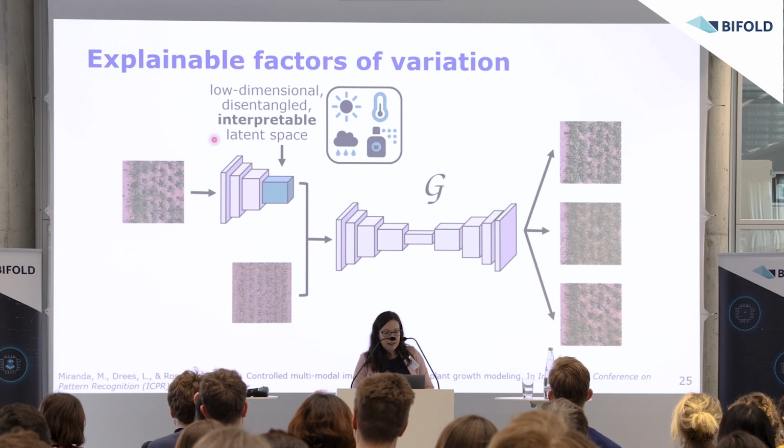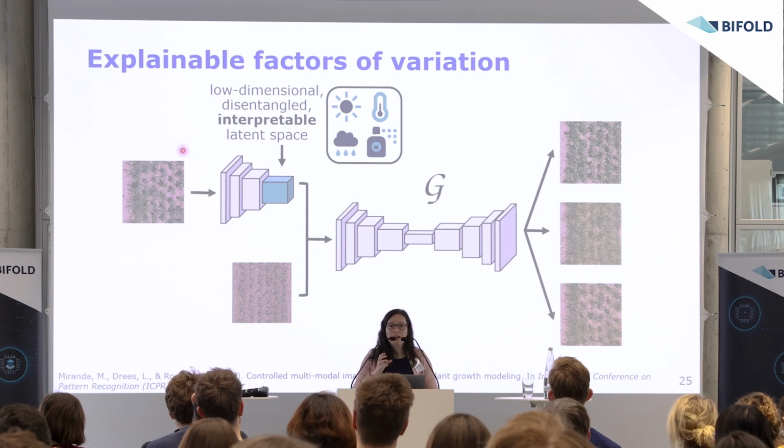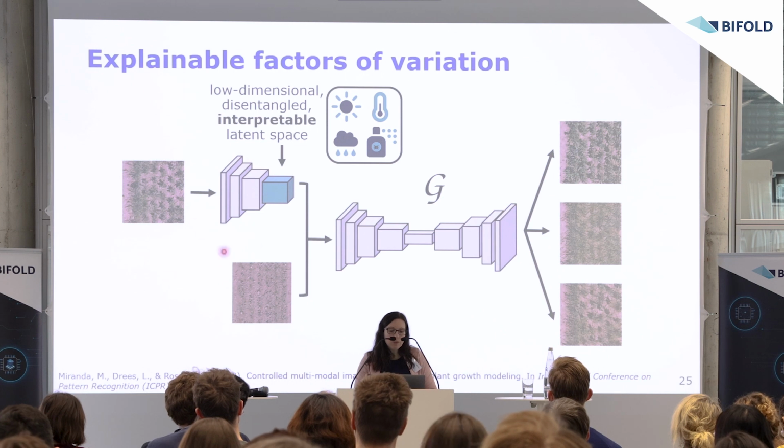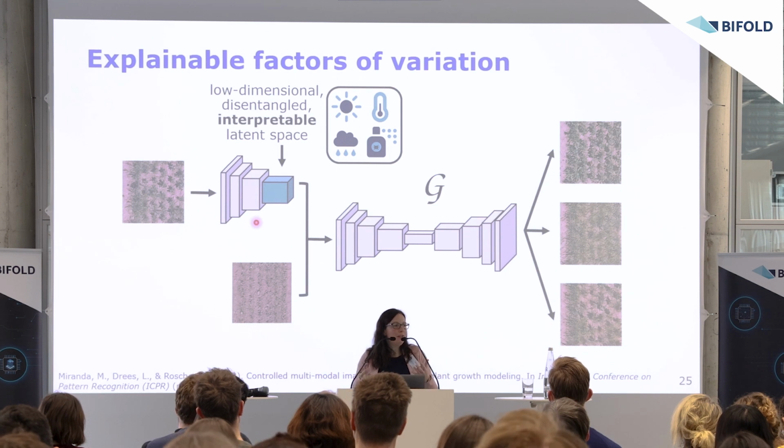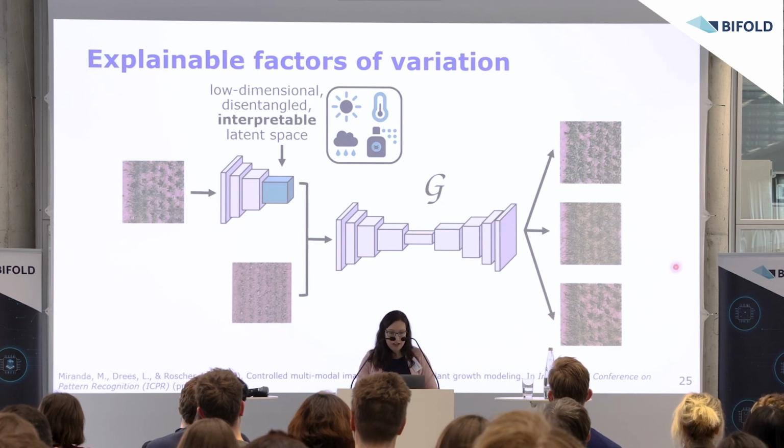And we embedded the later growth stage exactly into the same space using the Kullback-Leibler divergence. So now we can query the early growth stage or later growth stage with changed factors of variation. And this is only possible if it's interpretable. Otherwise, you have no idea what is actually going on in this space. And this was the key to change